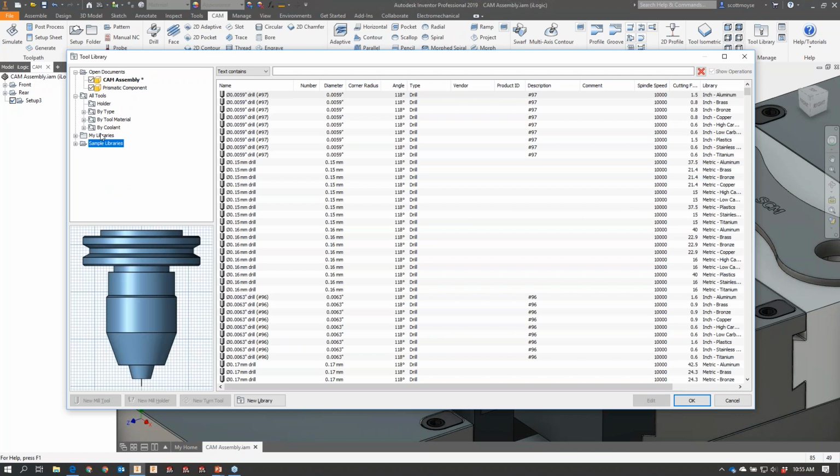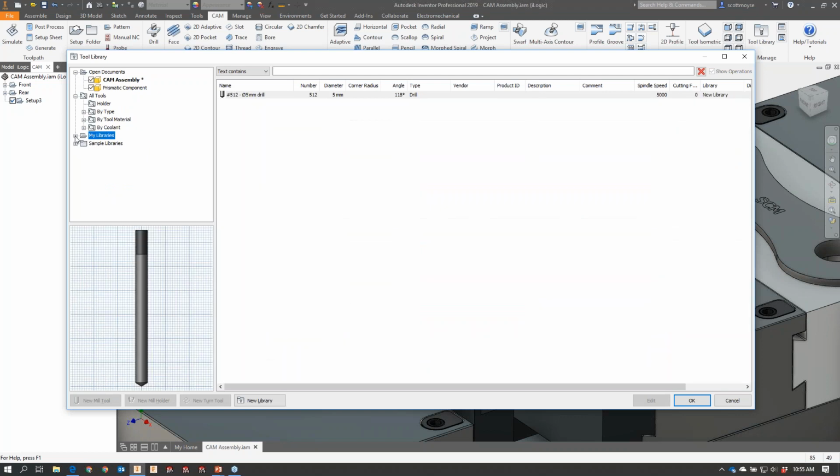Now you can have these libraries stored on a network drive or in Dropbox or something like that and synced with other colleagues, and you can create a new library and pick where that is on your drive. Now you can organize these by machine or have one library covering all your tools, or libraries per material, however you want to manage it. But typically you'd create new tools within this library, and then when you want to use a tool in a toolpath, you go to the library, select the tool from your library, and it will copy that tool across into